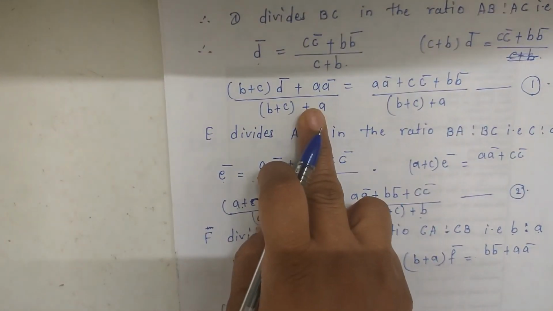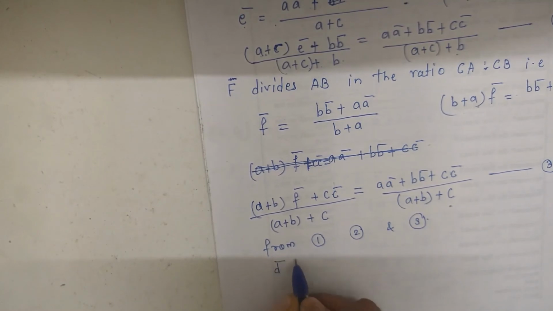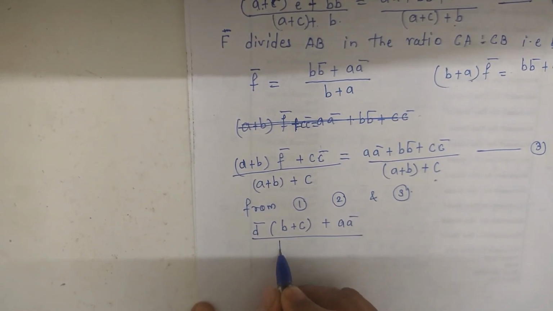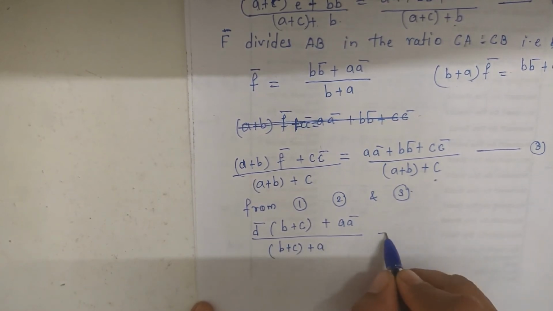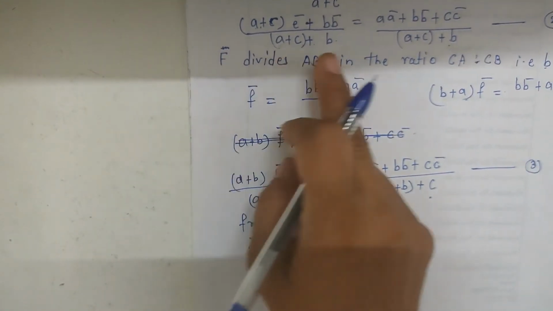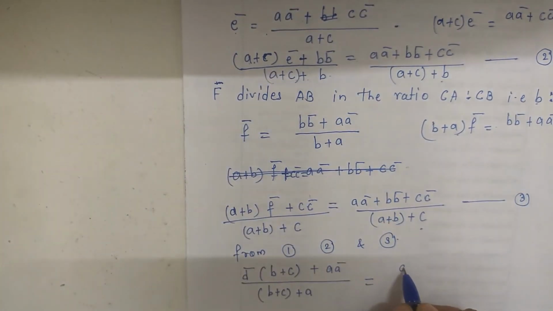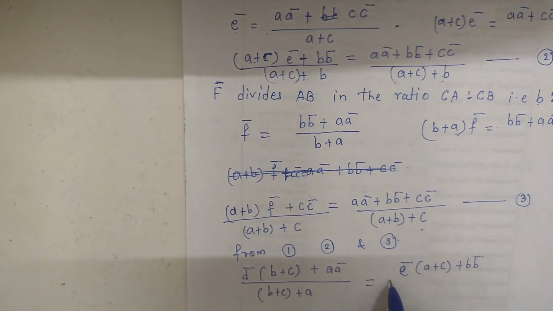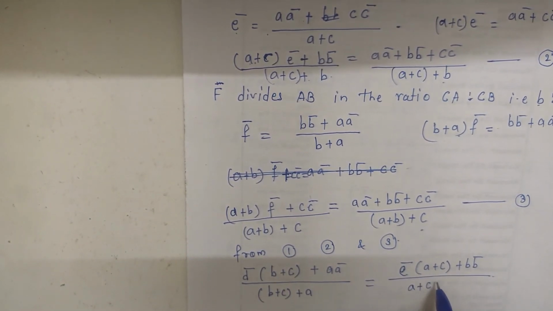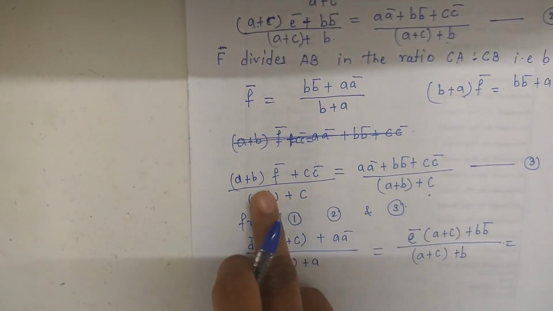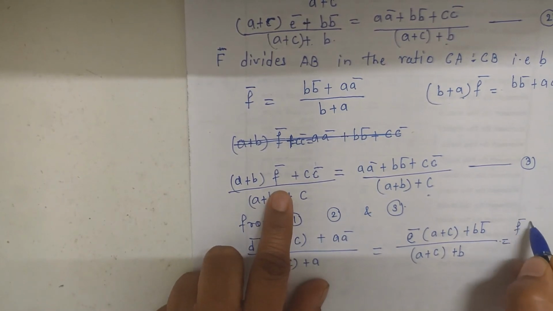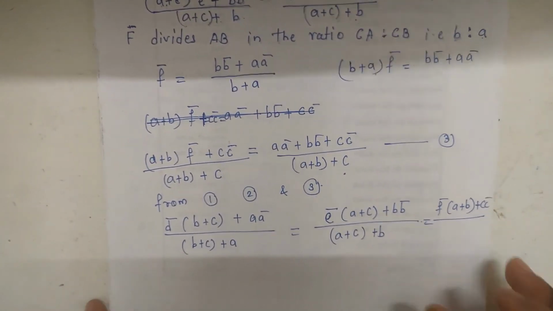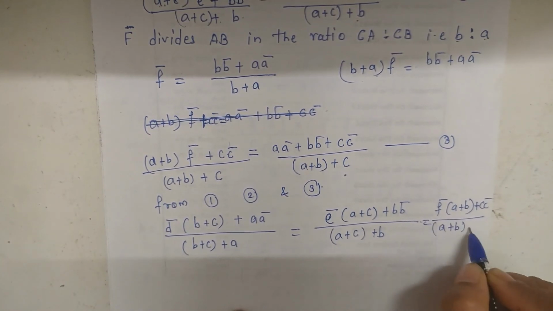the LHS of the first, D bar into B plus C plus A into A bar divided by B plus C plus A, is equal to the left side of equation 2, A plus C into E bar plus B into B bar upon A plus C plus B. And the LHS of the third equation, A plus B into F bar plus C into C bar divided by A plus B plus C